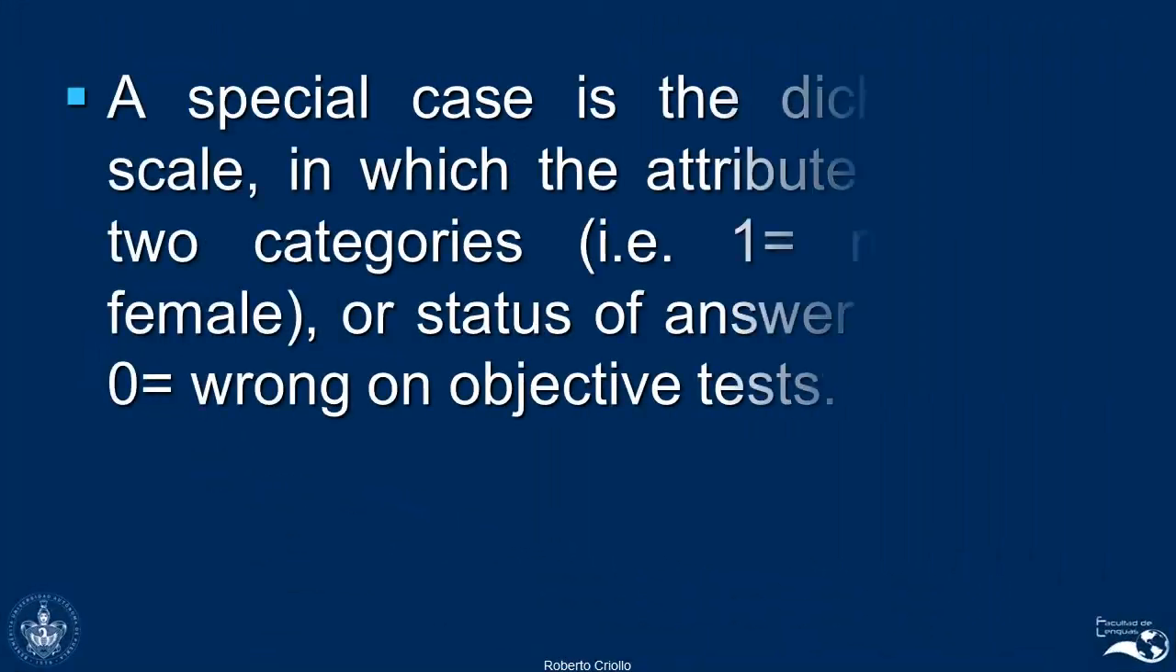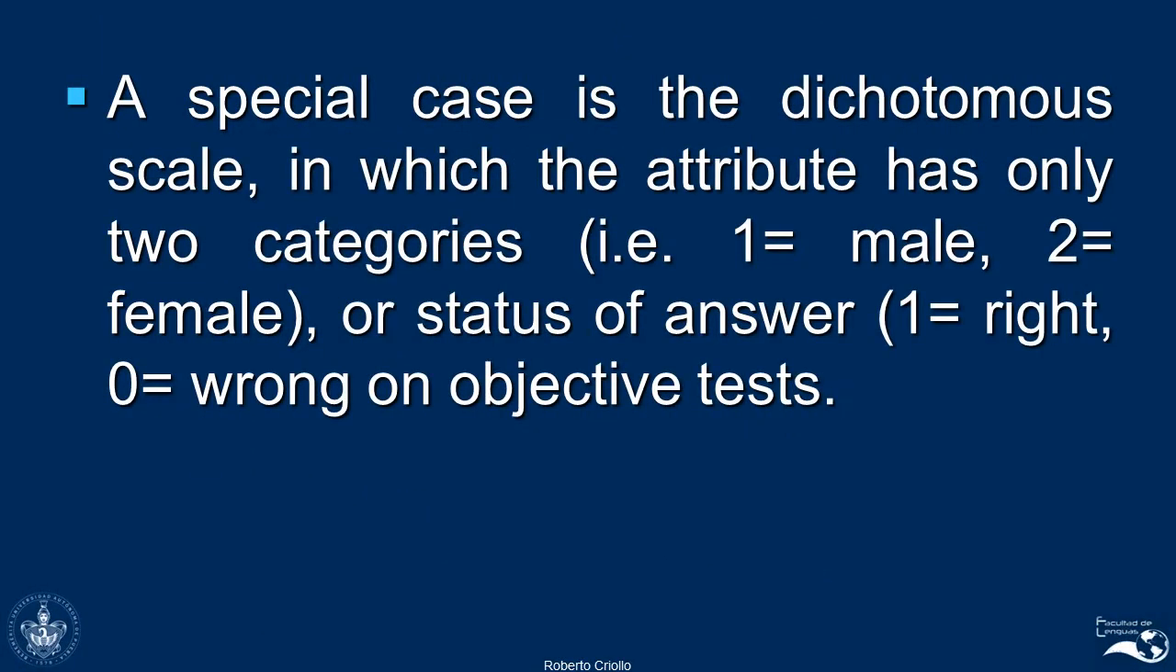A special case of a nominal scale is the dichotomous scale. It's called dichotomous because there are only 2 categories of the attribute. For example, number 1 male, number 2 female. So in this case, we're saying that writing number 1 indicates that the person is a male, writing number 2